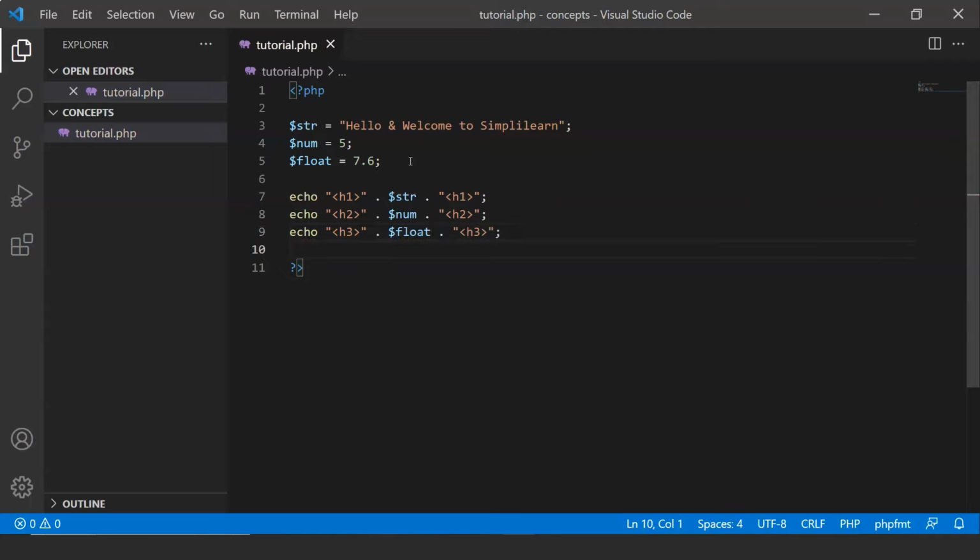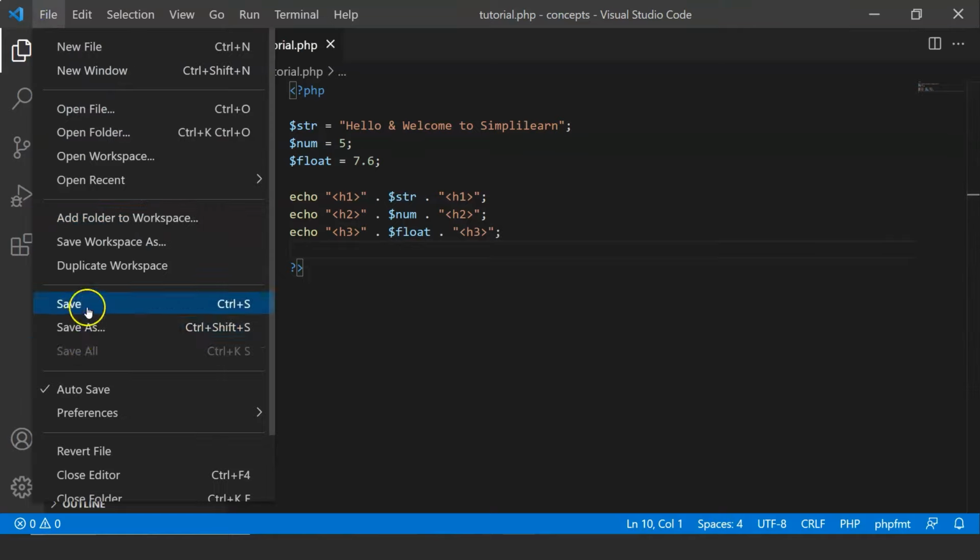So now we have all of our variables into our echo. Now let us save this program and see what it does. So as you can see, the variables are printed on your program and you don't have to write them again and again. You can simply write the name of the variable along with echo and dot,